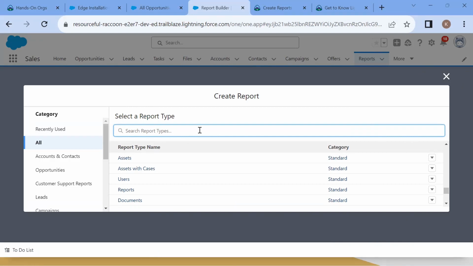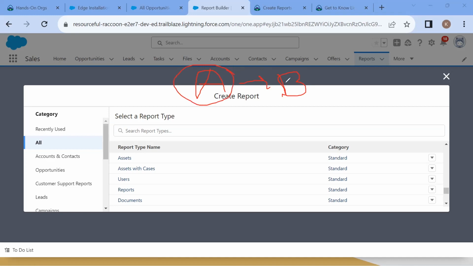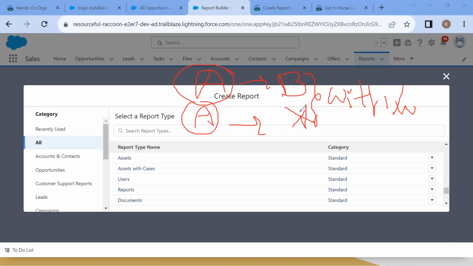In the second option, we may have opportunities with products, or products may not be available for the opportunity, like A and B are not dependent on each other. Now we can have A with B or without B. That is what we created. In that case, we call this kind of thing with or without. Suppose there definitely needs to be a B object for every A object, then that is called with